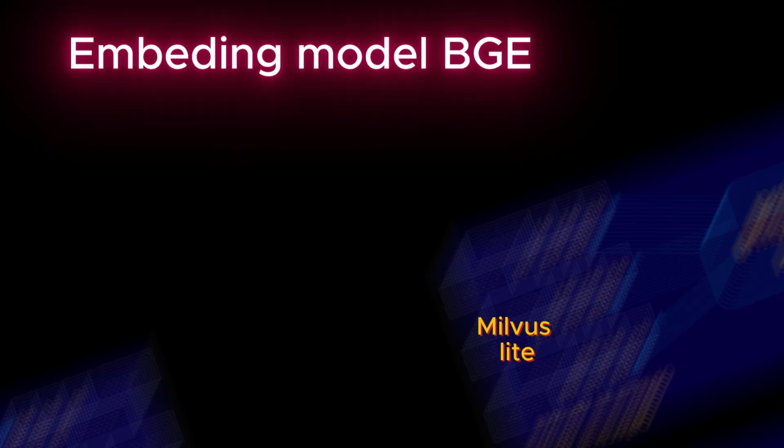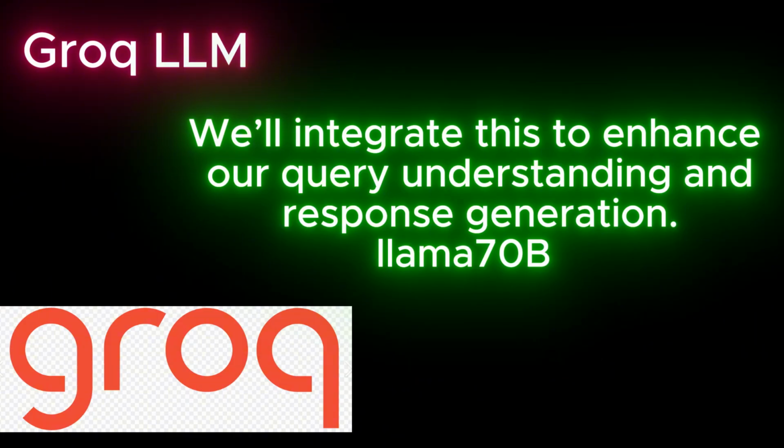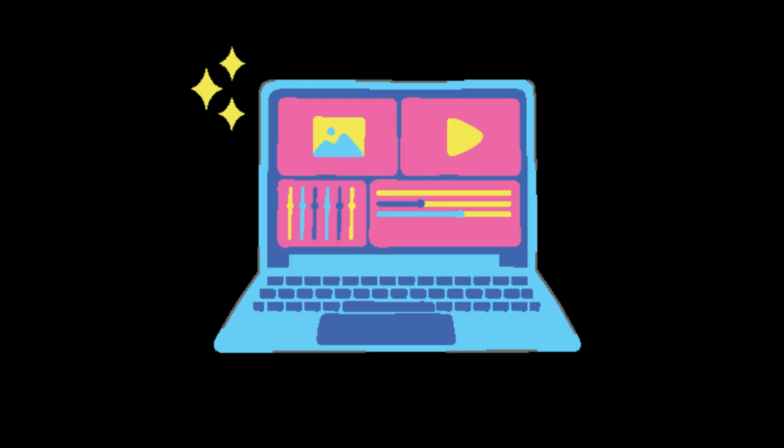And coming to the embedding model, we are going to use the BGE embedding model, a cutting edge model for generating embeddings that capture the nuances of your data. And the final one is Groq LLM. We'll integrate this to enhance our query understanding and response generation using the Llama 3.1 70 billion parameter model. By the end of this lesson, you'll know how to set up a hybrid search engine using these to supercharge